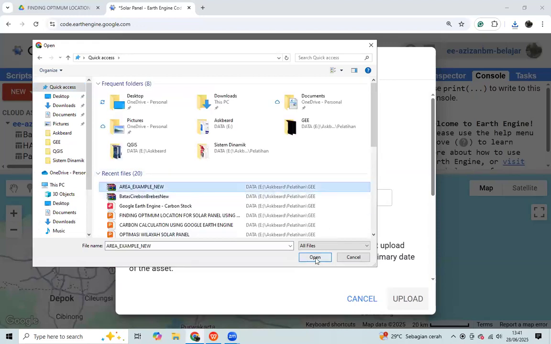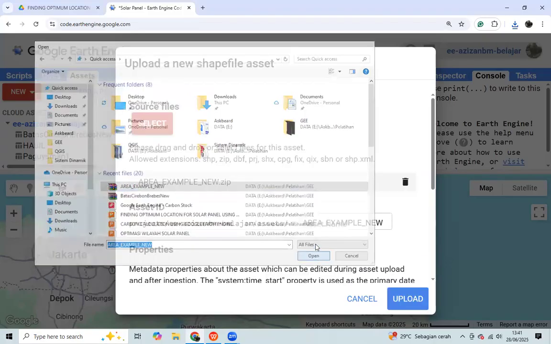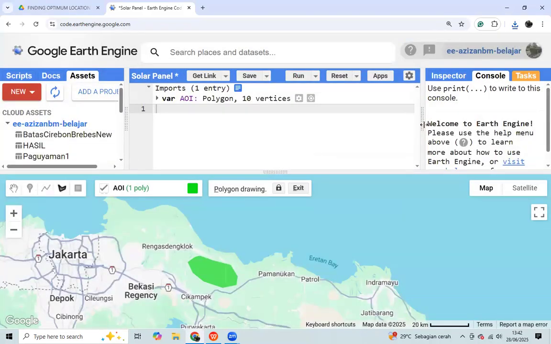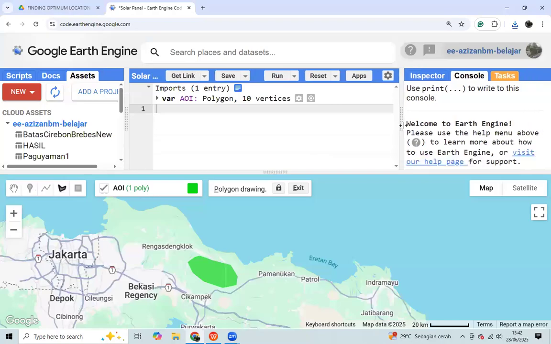We open, and then you can click upload. You can see the process on the task tab.